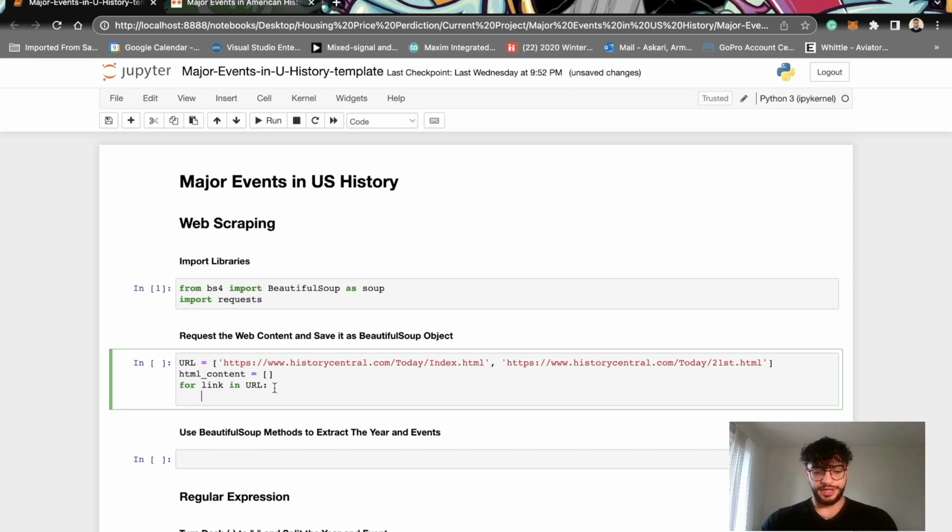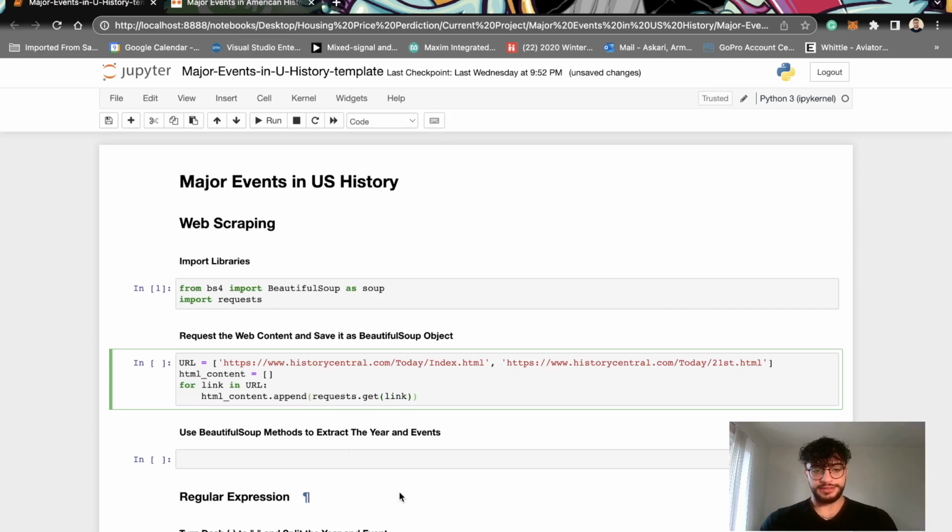So I'm going to just say HTML content dot append. And so what we're going to do here is first make a request. So we're just going to do requests dot get, so from the library requests, get the URL,